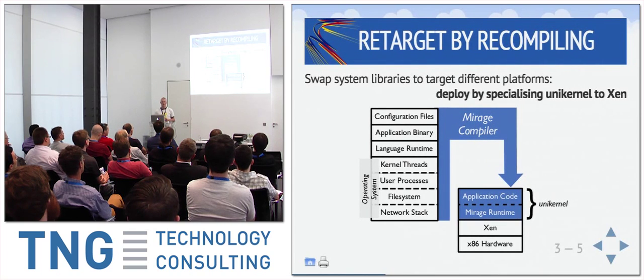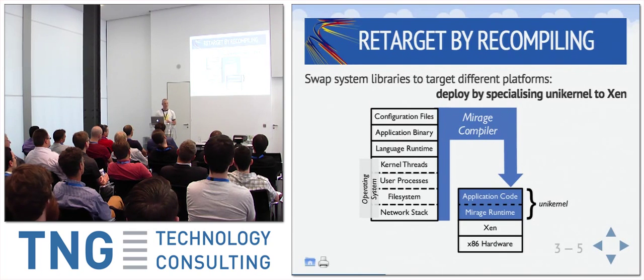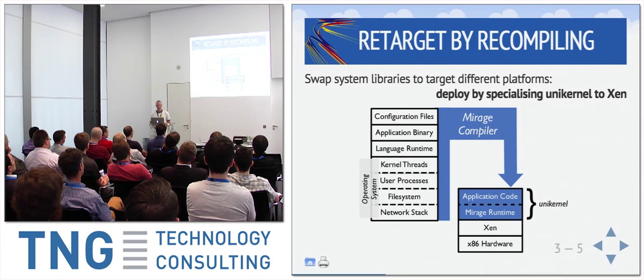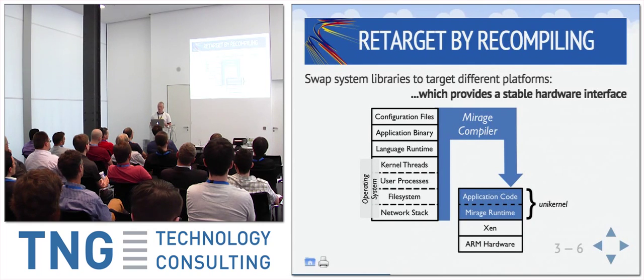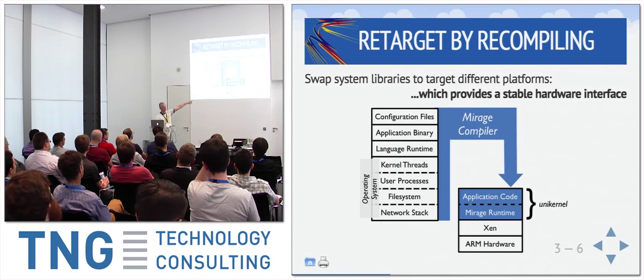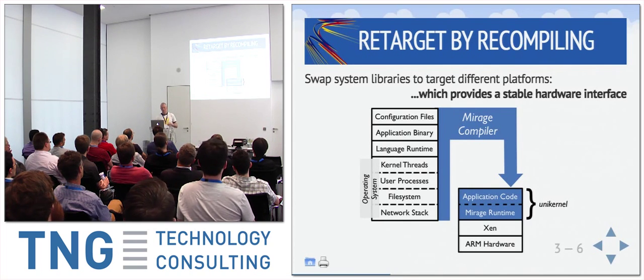You then change the flag on the compiler again. And this time, when you compile the application, you won't get a binary that you can run on Unix on the POSIX platform. You'll get a Xen VM image that you can boot onto Xen. And then because Xen provides this nice stable ABI, you can essentially recompile again. If you recompile on the ARM platform, you'll get something that will run on Xen on ARM instead of something running on Xen on x86. And there are more things that we can shim in there at the bottom, so more options that are available there.